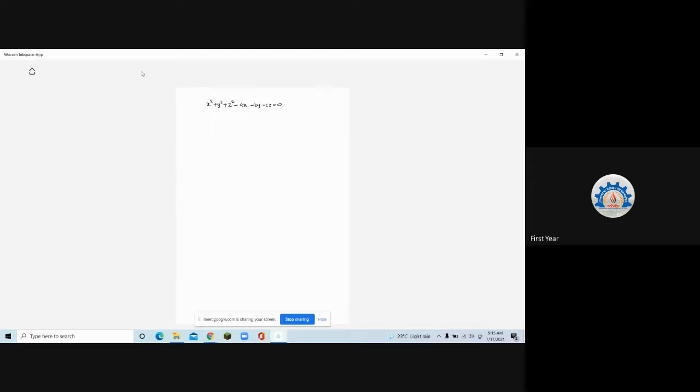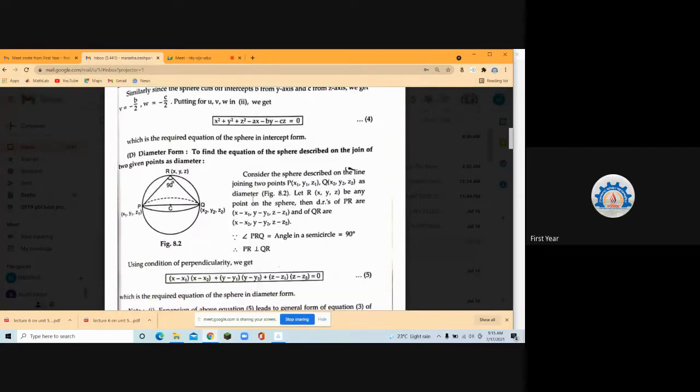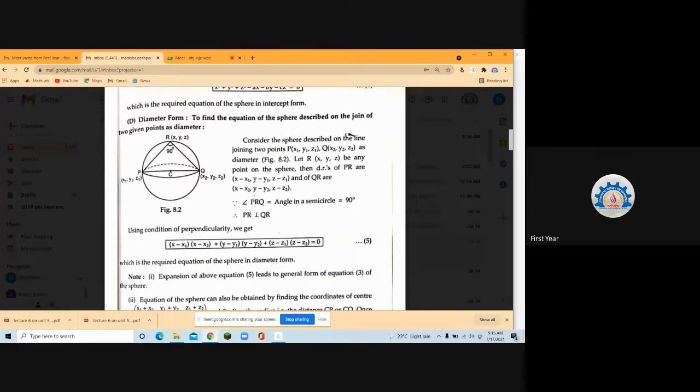But now what is said is to find the equation of the sphere which is intercepting the coordinate axis at unit length and passing through origin. This is your general equation. If it is at unit length, the points lying on the axes and intercepting the sphere are 1, 0, 0, 0, 1, 0 and 0, 0, 1. That means A is equal to 1, B is equal to 1 and C is equal to 1. Correct? And that's why the equation will become x square plus y square plus z square minus x minus y minus z is equal to 0. Clear, everyone? Yes, ma'am. Okay, that type of questions will be there in your MCQ. I'll share the MCQ set today in the evening to you all.